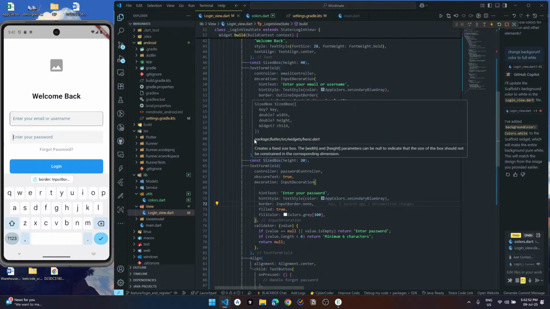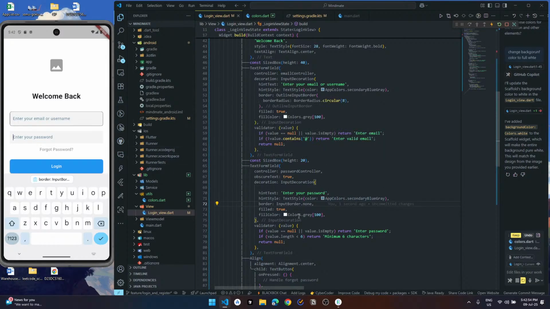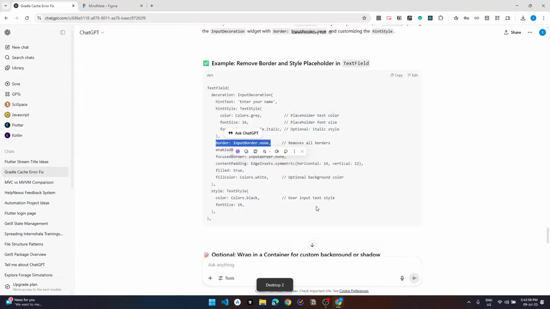We don't need borders, although we need circular, symmetric, horizontal, vertical. We don't need borders, but we need radius.